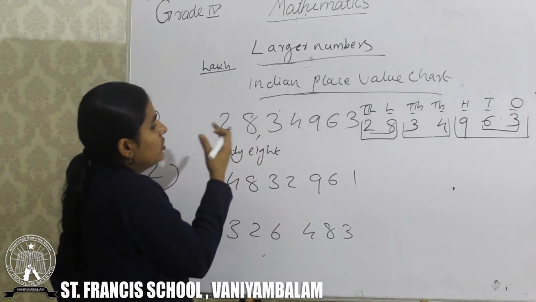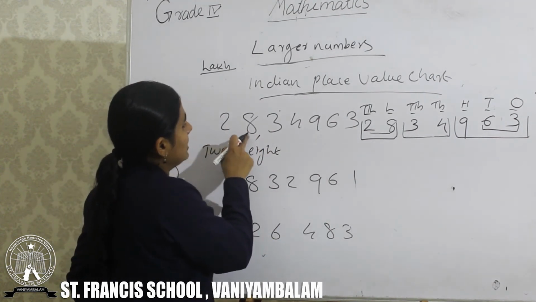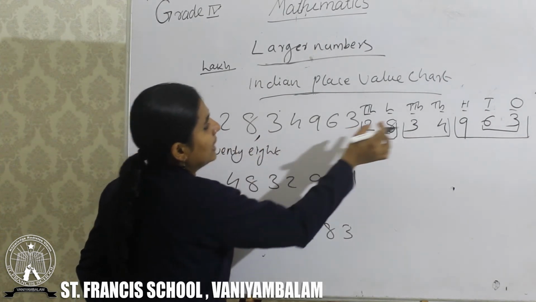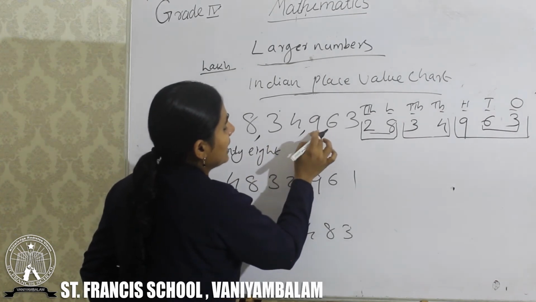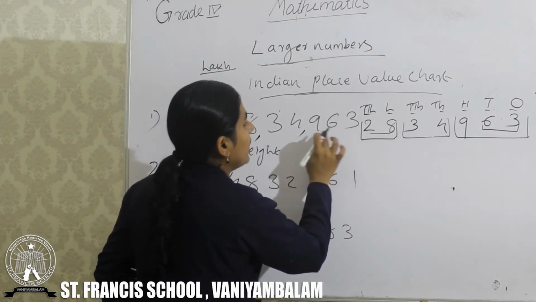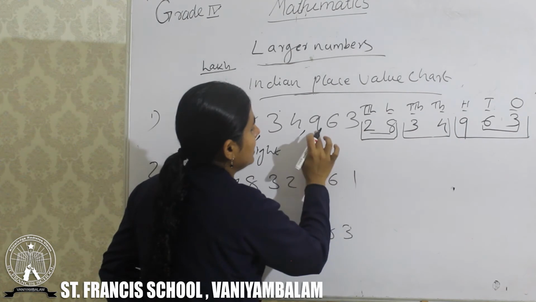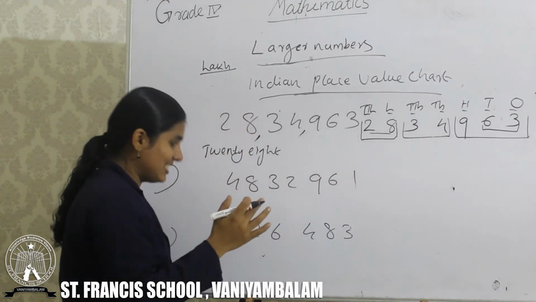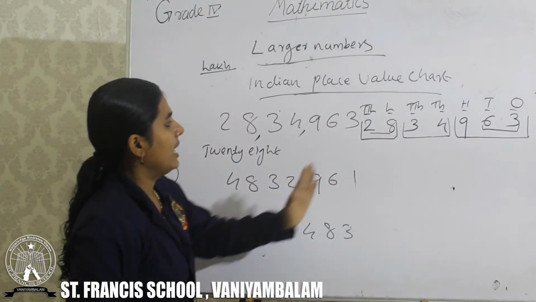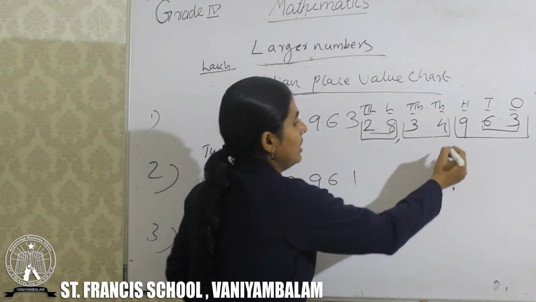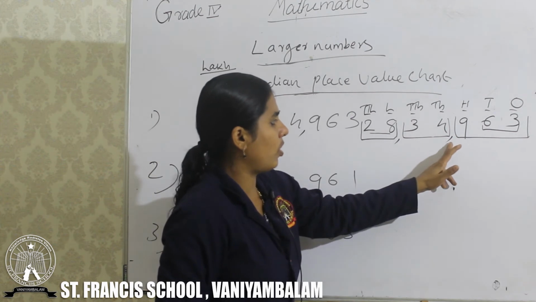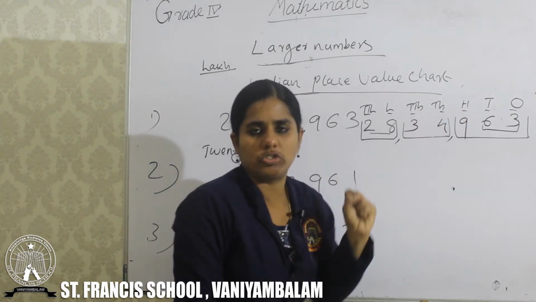In each period we want to put commas. This is the lakh place. There you use a comma. Then next, 1000 and 10,000. After that we want to use a comma. Then the next part, the ones part, we take together: 963. That means after lakh and 10 lakh, one comma; after 1000 and 10,000, then we put one more comma. The next one, hundreds, tens, ones together.